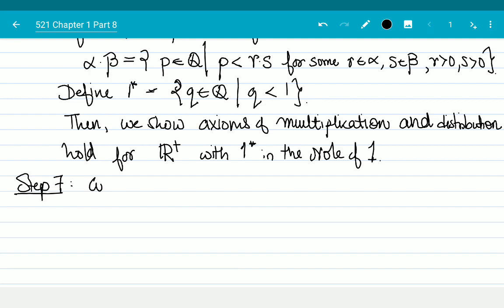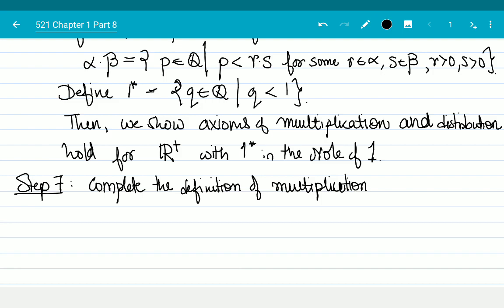Complete the definition of multiplication by setting alpha times 0 star equal to 0 star times alpha equal to 0 star, and